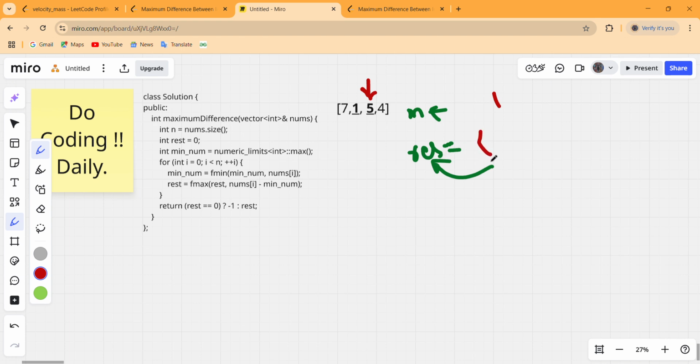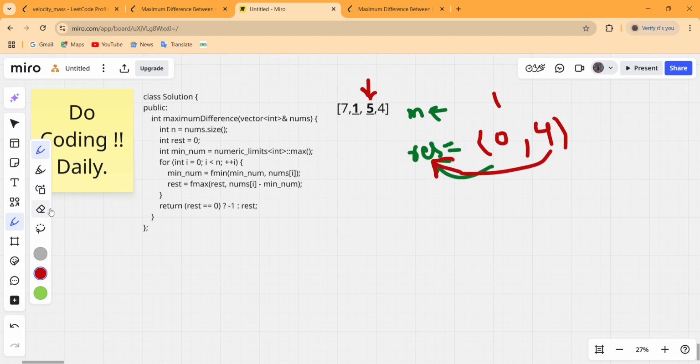Result is 0, and nums of I, that means 5, minus minimum number possible till this index, that means 5 minus 1, that is 4, and update our result to the maximum of these two values, that means 4.